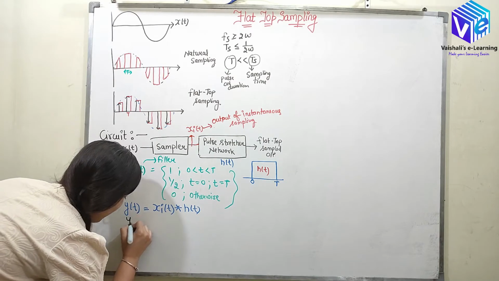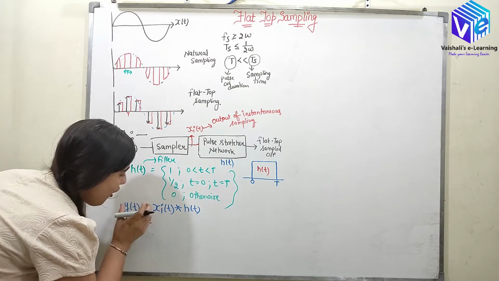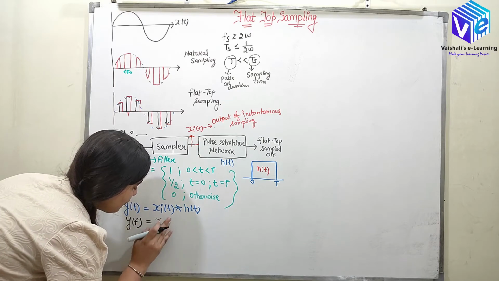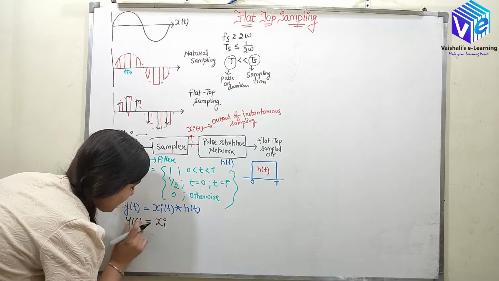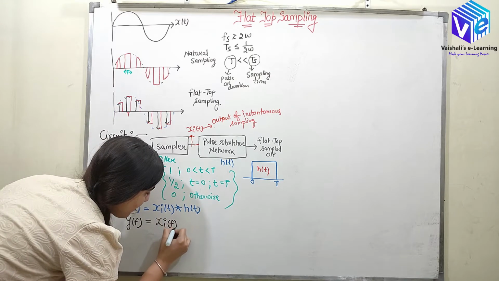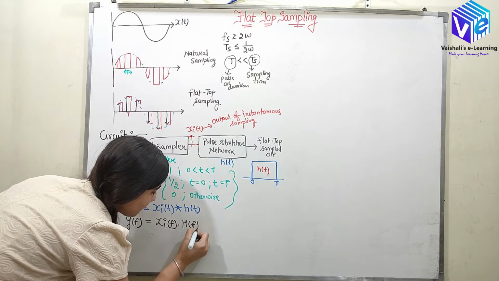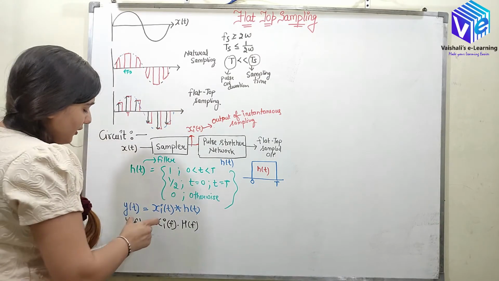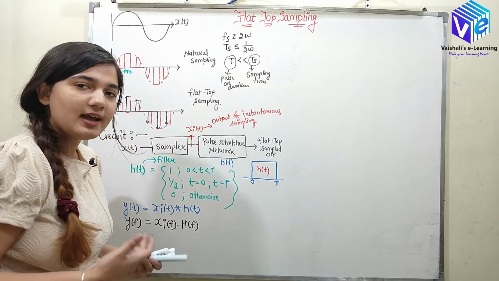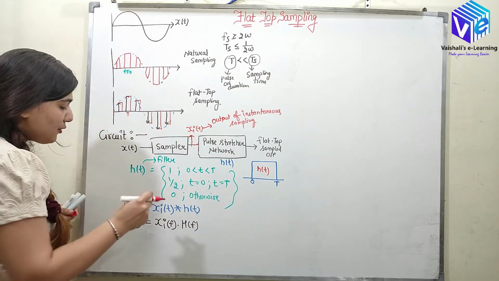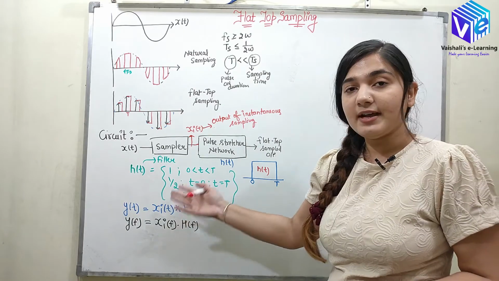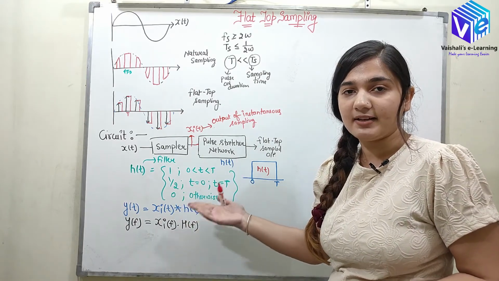So now if I take the Fourier transform of all of these parameters, y of f is the frequency domain representation of y of t, xi of f is the frequency domain representation of xi of t, and h of t is h of f. So now I'll get y of f as xi of f multiplied with h of f. Now I know what is xi of t, I know what is xi of f. I know them from the instantaneous sampling theorem as well.